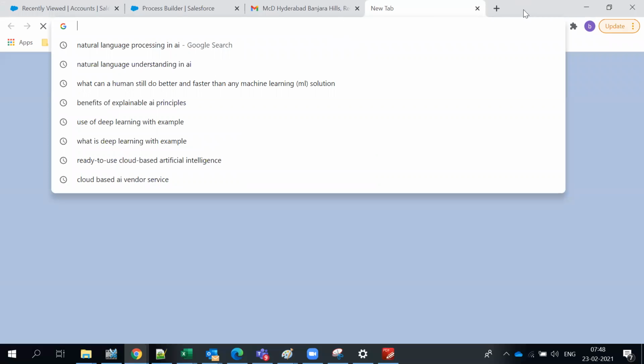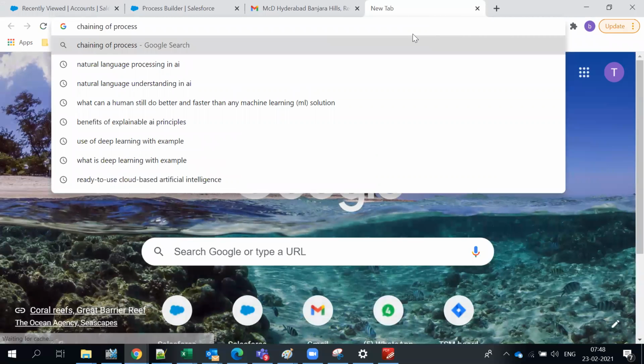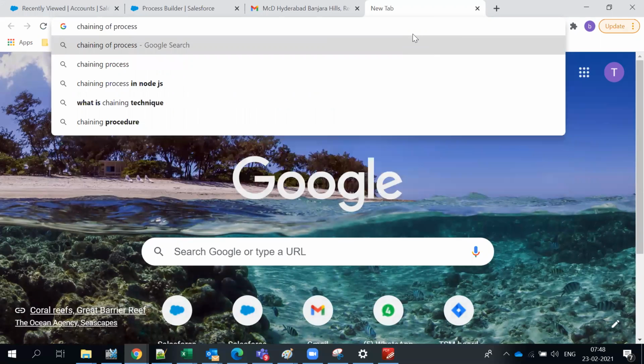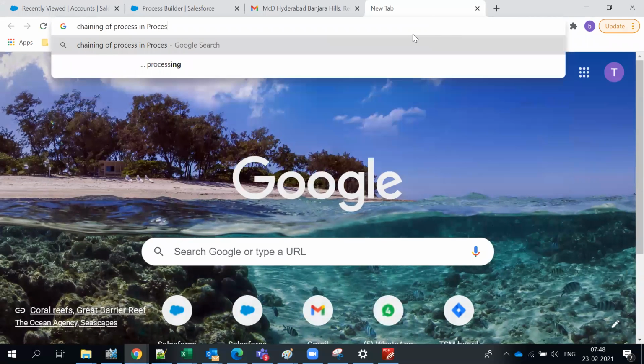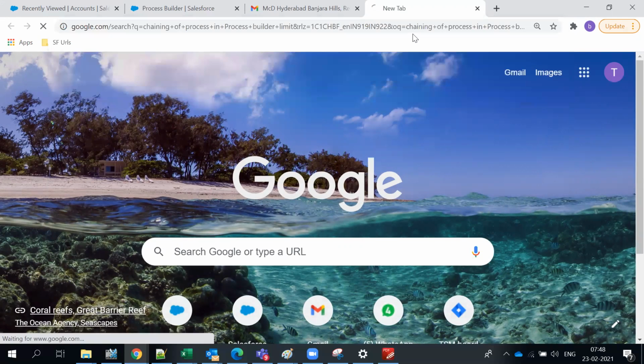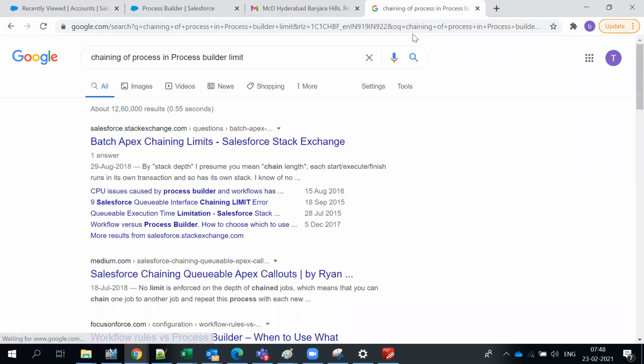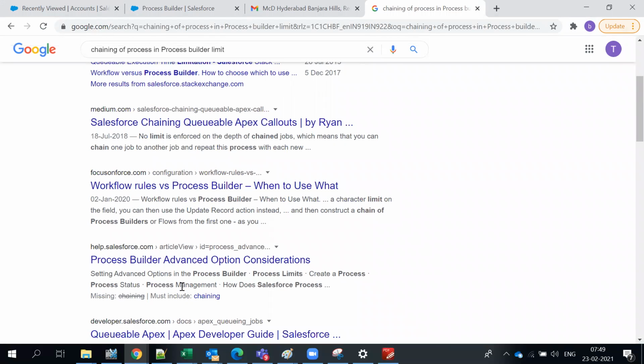So far we didn't indicate how many chaining of process we have. Chaining of process. Actually in Salesforce, where we write a queueable method, we don't have any limit. But for process builders,